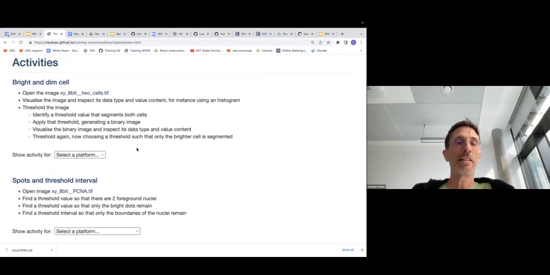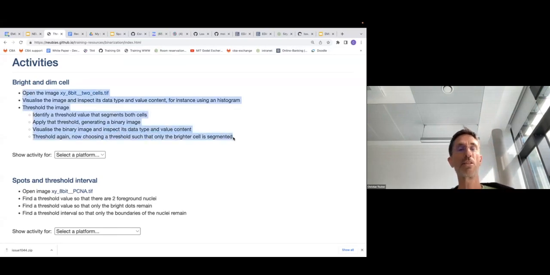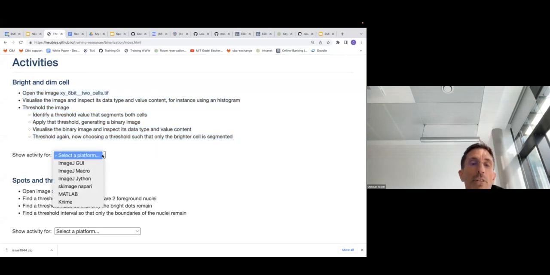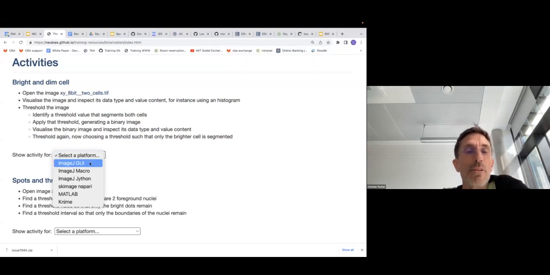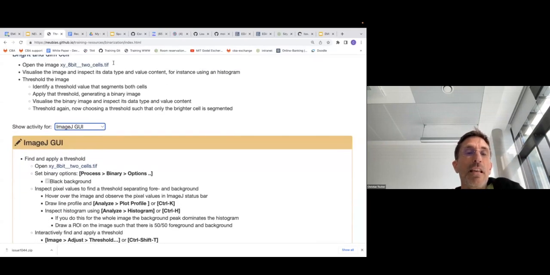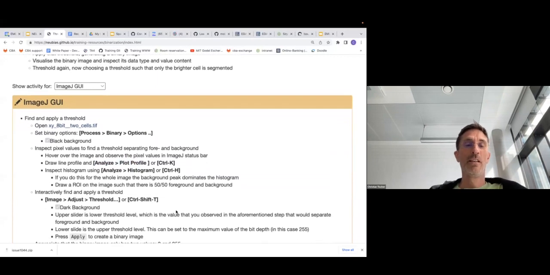And now, as I said, the interesting thing here is there is this task described, but just in words, without mentioning any specific software. Okay, so this was the idea. And then you can choose different software platforms in which you really want to do it. So for example, here is the ImageJ GUI implementation of this task. Okay, so you open this image, and then there's very specific stuff what you would have to do in ImageJ to